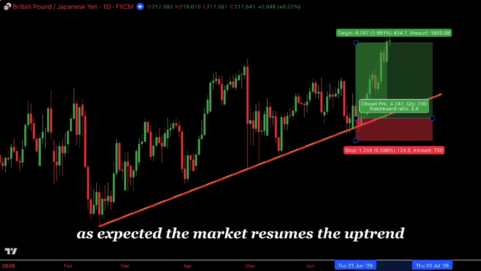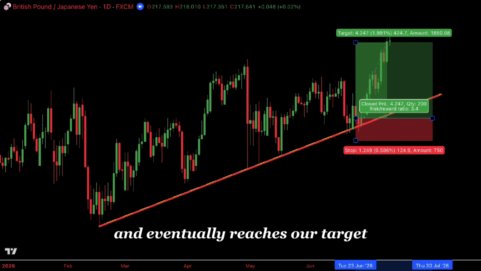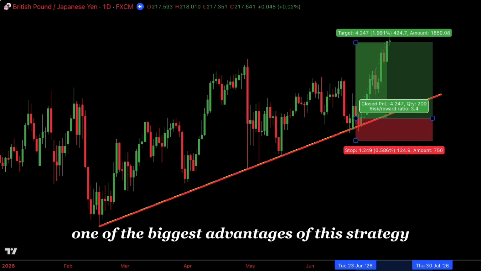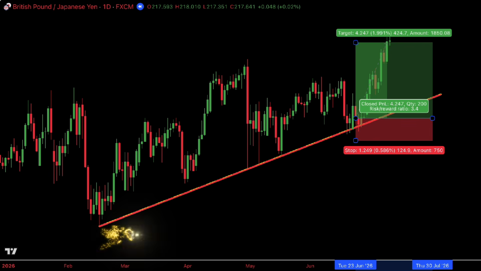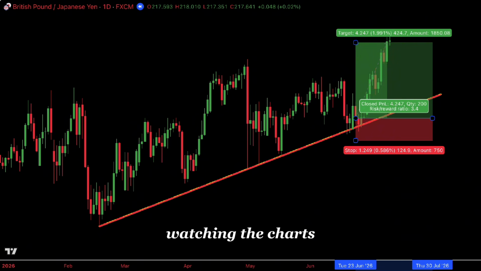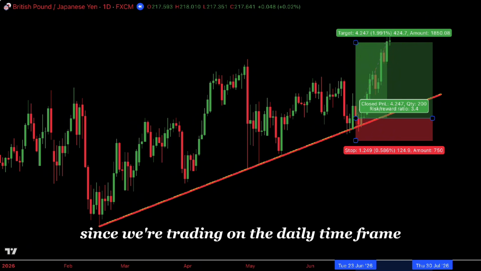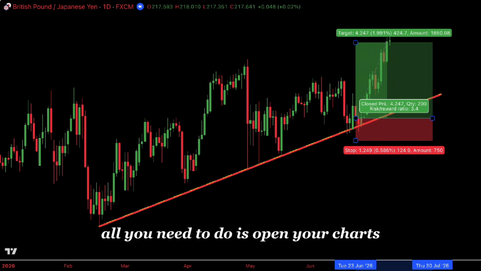As expected, the market resumes the uptrend and eventually reaches our target. One of the biggest advantages of this strategy is that you don't have to spend hours watching the charts. Since we're trading on the daily time frame, all you need to do is open your charts after the New